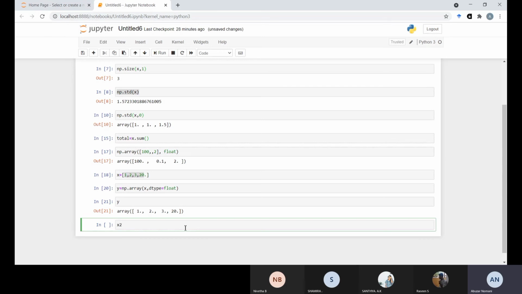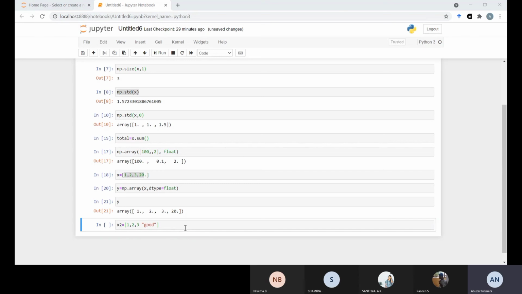Okay, so suppose this is an array that we are going to take. So x2 we will take is equal to, we will provide one array, 1 comma 2 comma 3. Then in this array we have integers and alphabets also. "Good". So good is there.